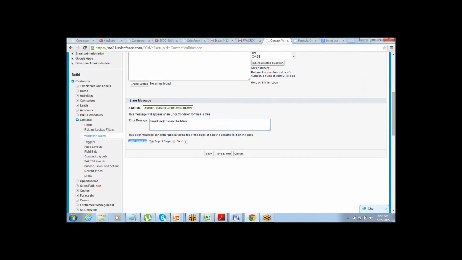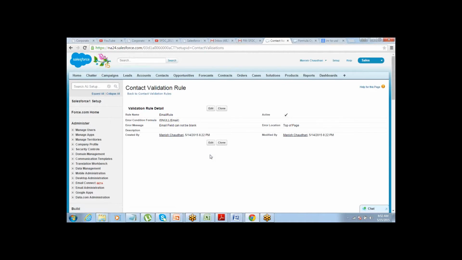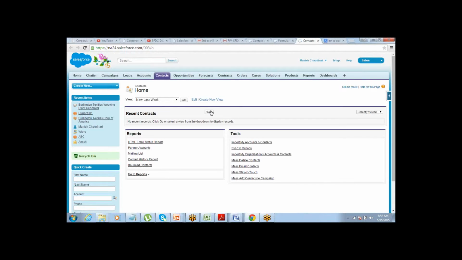And where do you want the error message to be displayed? On top of the page or beside the field? Let it be at the top of the page. Save. It's active now, should be working. Let me go to contacts, create a new contact.